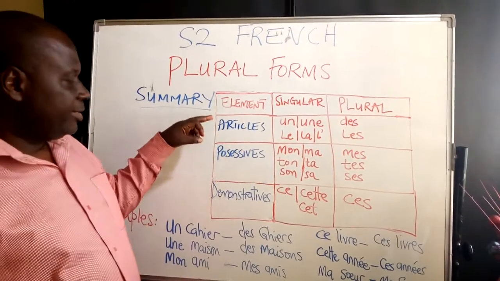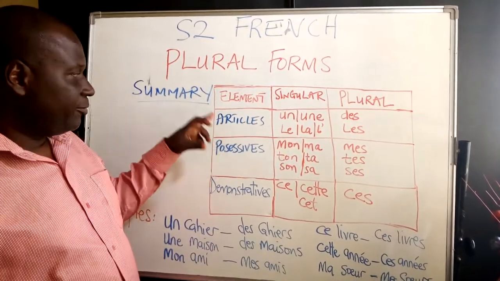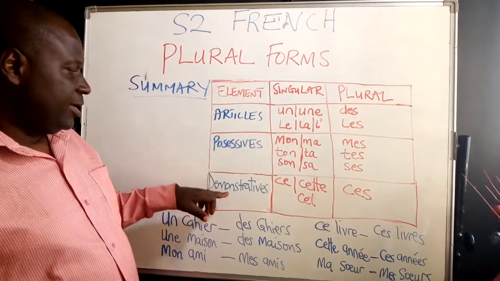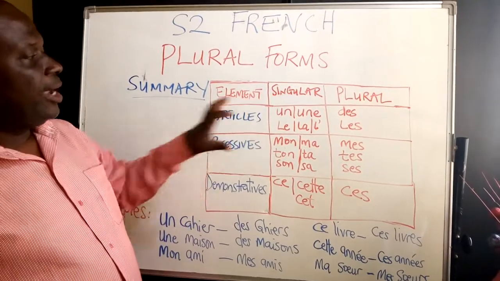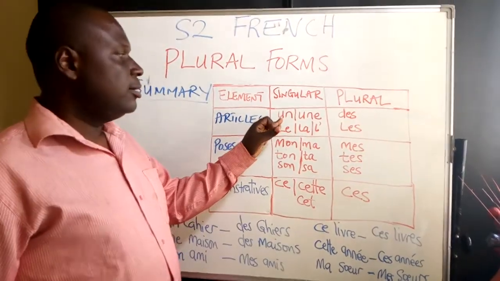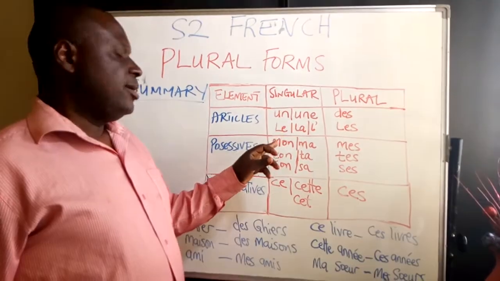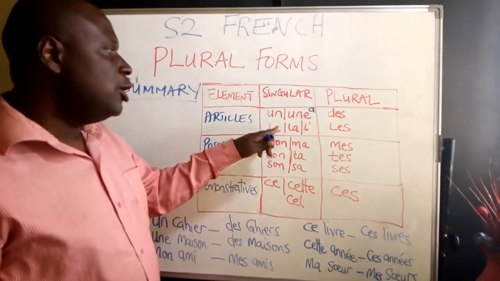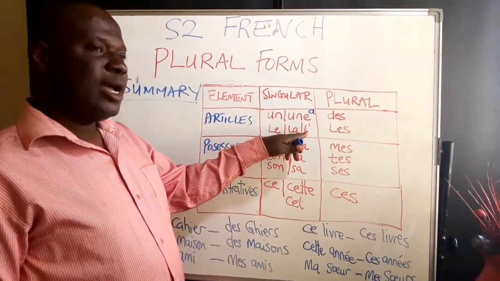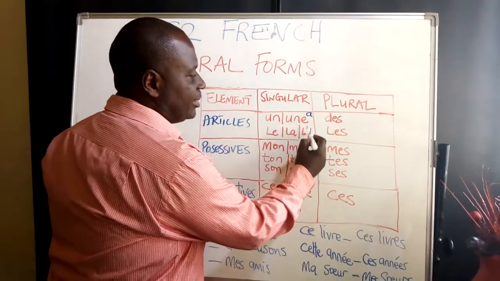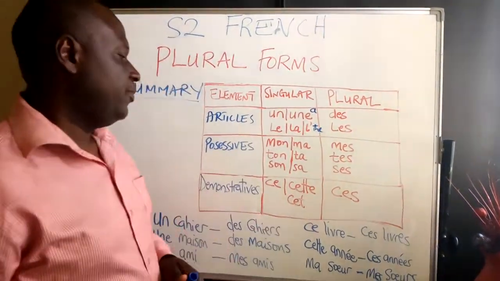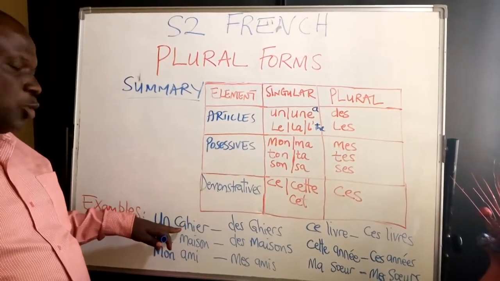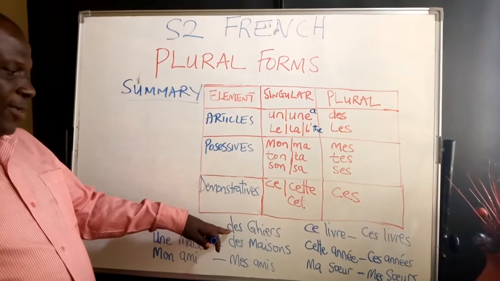We are looking at different elements. I have identified 3 elements. We've identified the articles, the possessives, and the demonstratives. Now, the articles: we have un and une, which represent the indefinite article a, while le, la, and this abbreviated l', which represent the definite article the. So if you have a word like un cahier, you are saying a book, and then in plural it becomes